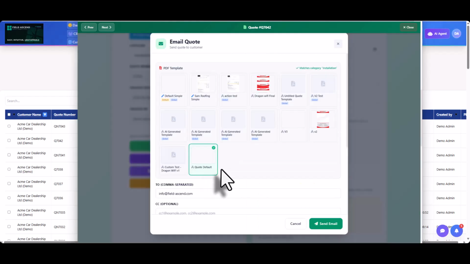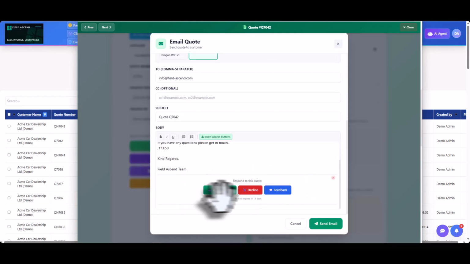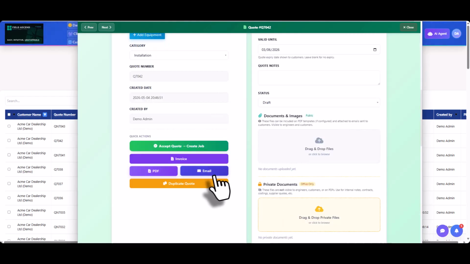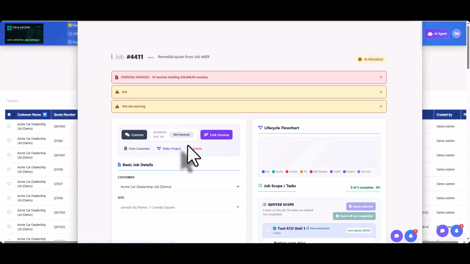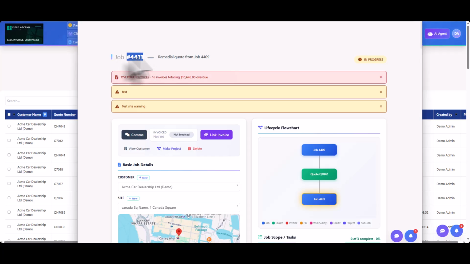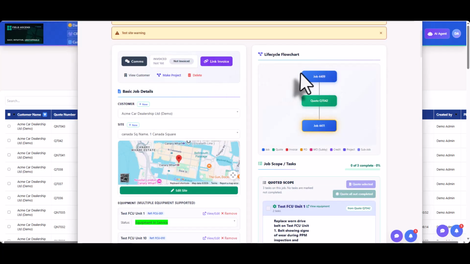There are a few ways your customer can accept a quote. When we email the quote, the customer can accept it directly from the email link. They can also accept it through their customer portal, which we'll cover in a separate video. For the purposes of this demo, we're going to accept the quote manually. This is where your client receives the quote email, with a reference number and so on. We'll just press the Accept Quote button, Create Job, and when we press that, we can see that this job,